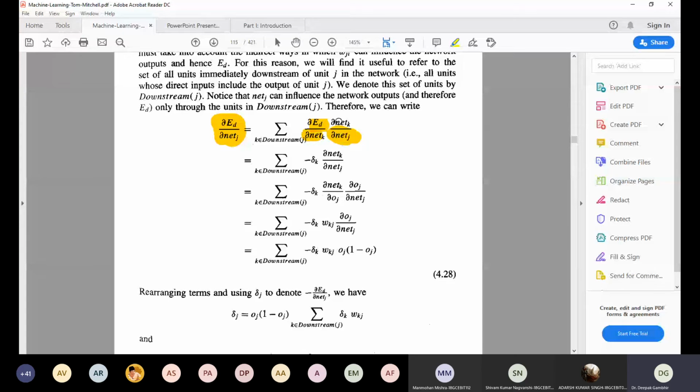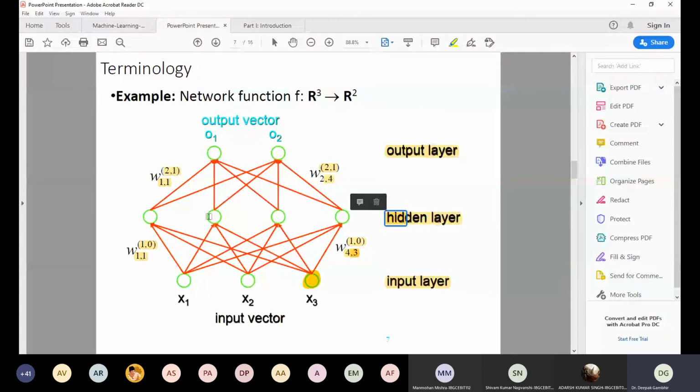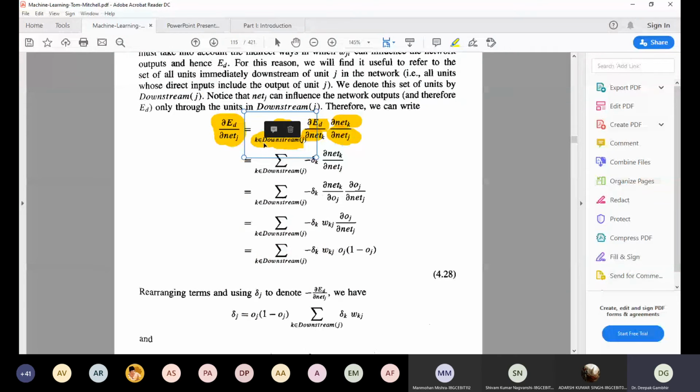And in this case we are using that k is following the downstream pattern of j. I mean to say, downstream here means that we need to compute the hidden layer weights, that is in the middle layer, the hidden layer. In that layer, if we need to compute the weight, we will check from the downstream from which inputs this weight is multiplied. So that is again k following the downstream pattern of j.